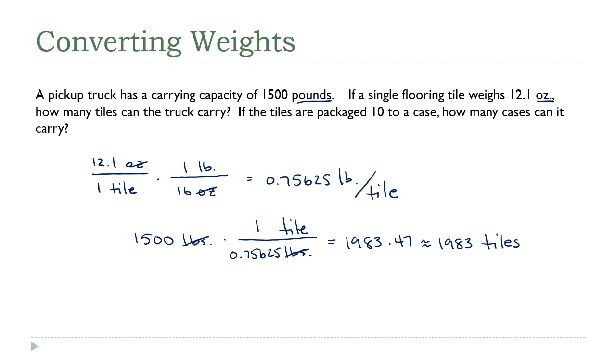Now I need to know the second part of the question. How many cases is this? Well, there's 10 tiles to a case. And again, it's kind of a conversion factor, right? I have 10 tiles in one case. So I'm going to take my 1,983 tiles and I want to convert this into cases. So I'm going to put tiles on the bottom. Remember that's what we always do. The unit that we want to get rid of goes on the bottom. The unit that we want to keep goes on the top. So it's 10 tiles per one case. 1983 divided by 10 is